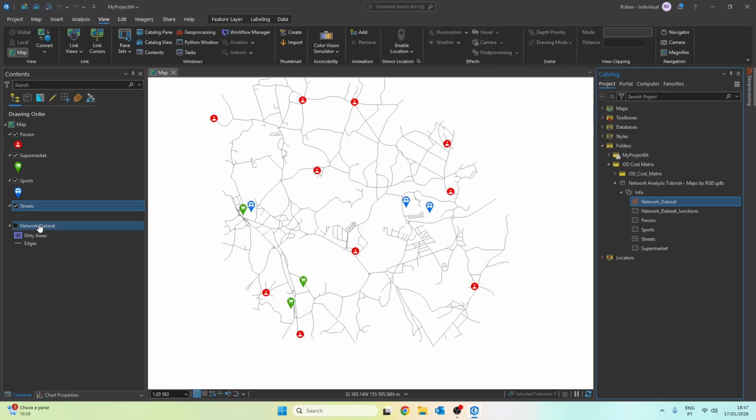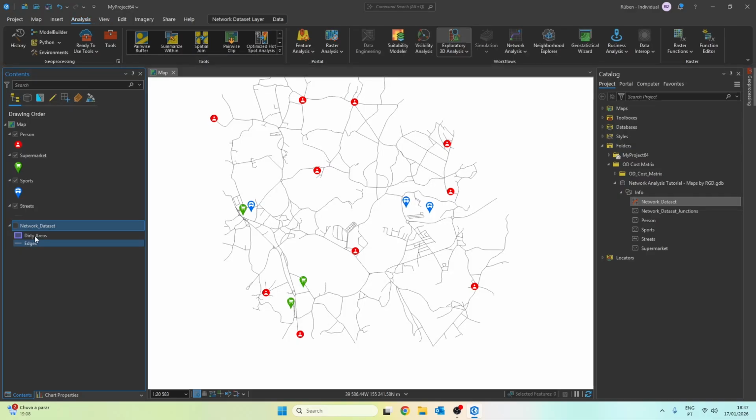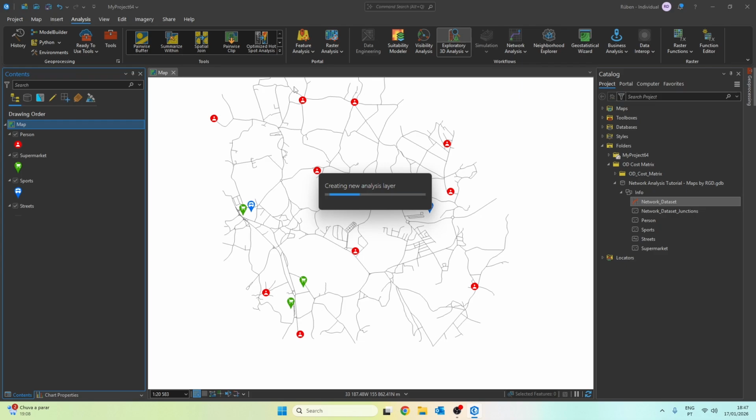Before we start, there is one very important thing to do. It's advisable to always have the network dataset in the project, even if the checkbox is not enabled. It's important that it's present in the project, otherwise what will happen when we run our analysis, I can even remove it from here. But if we click on analysis and then on network analysis and choose service area, if we then don't have our network dataset inside the project in the table of contents, the software won't be able to connect to this network.